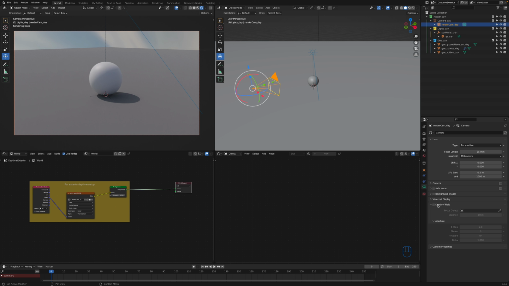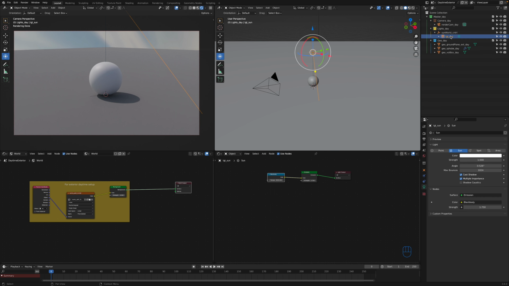And then I have depth of field just turned off. There's no background or foreground objects to be blurred, so I can always, again, turn that on later. All right, next you'll see that within my lights collection, I just have this sun lamp, and it is parented